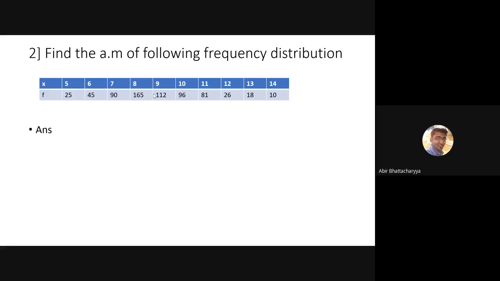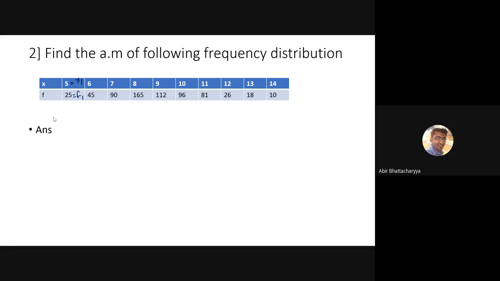Next thing which can trouble you is this one. Now this one is having a frequency. The x data is given to you with a frequency f. Now you may ask me what is the first data. The first element should be x1, and automatically 25 is going to be your f1. Now you may ask me, is 5 repeating 25 times? Yes, 5 is repeating 25 times.